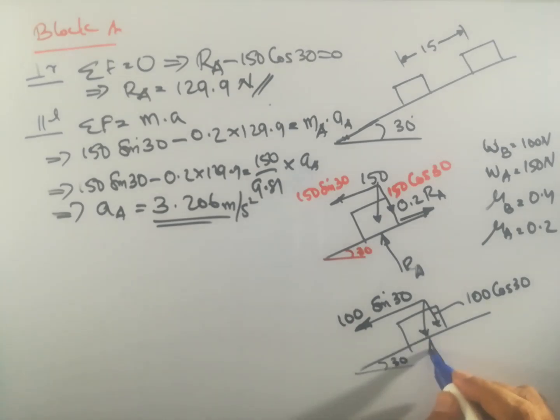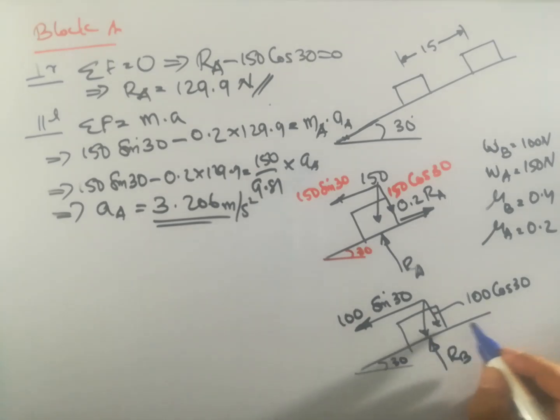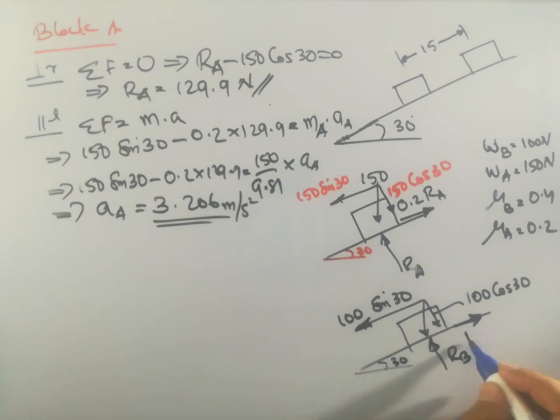Then the reaction RB and the frictional force at B, FB. So these are the forces acting on the body B with the weight 100. Okay, so for block B,